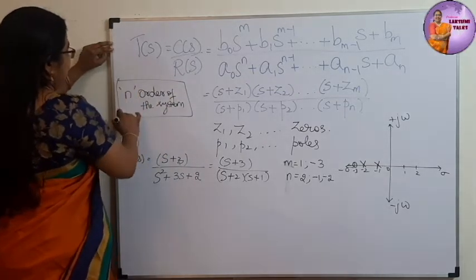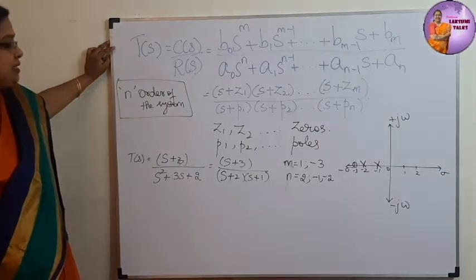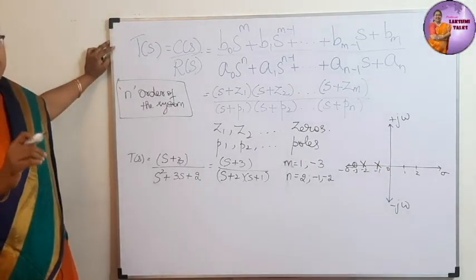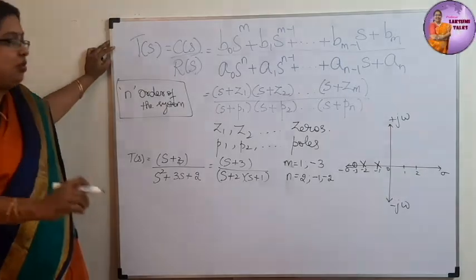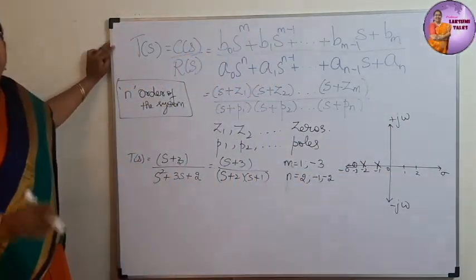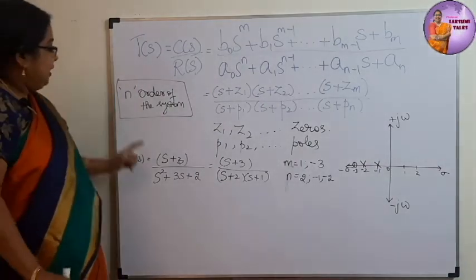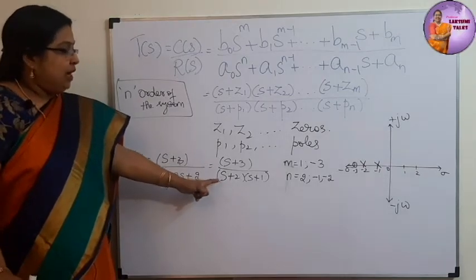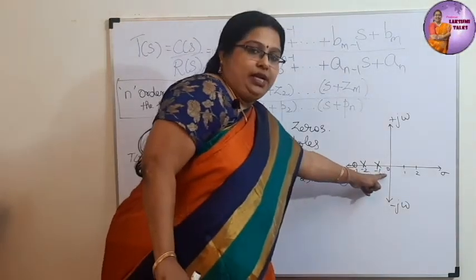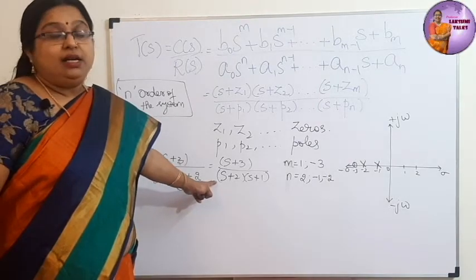Okay. There is also one more thing called type of a system. Okay. What is a type of a system? Type of a system denotes the number of poles at origin. What is meant by origin? Origin is this point, the center point. Okay. The number of poles located at origin will give you the type of the system. See, in this example which I have given you, are there any poles located at origin? At origin we don't have any poles, right? So, this is a type 0 system. Okay, this is a type 0 system.